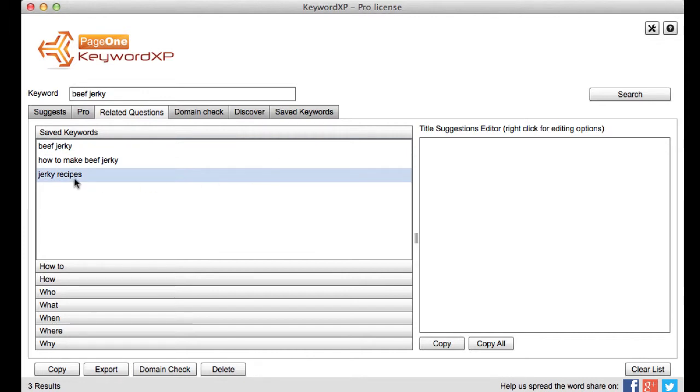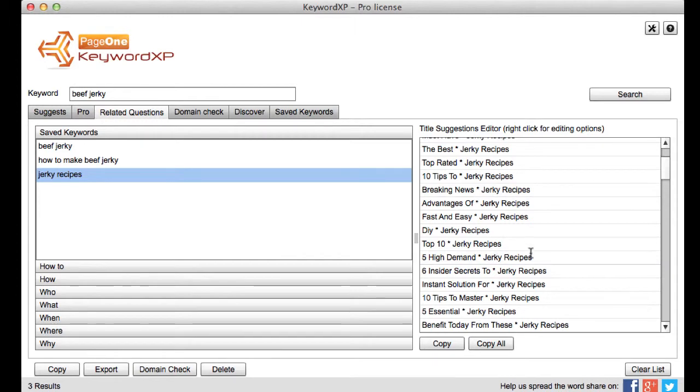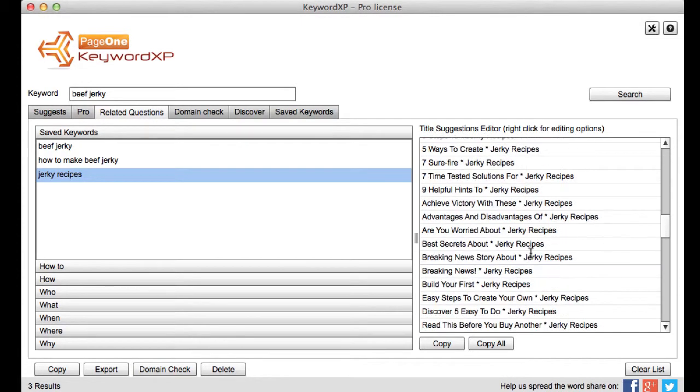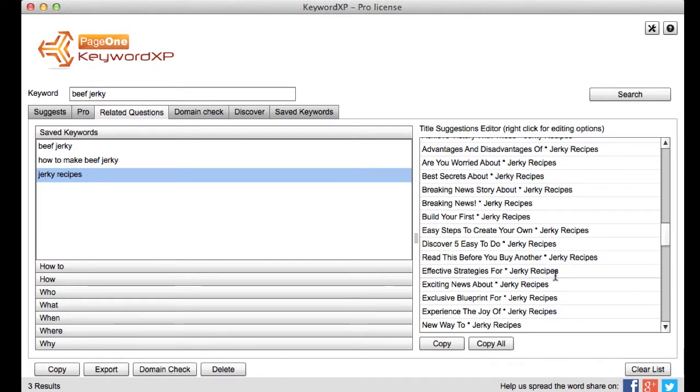So for example, if I click on jerky recipes, then down the right hand side here against that keyword, it's constructed all these different types of blog titles, and these are proven phrases that actually get clicks. Okay, so for example, discover 5 easy ways to, and then all I'd have to do is type in make jerky recipes. Okay, but that's probably not the best one. How about build your first,